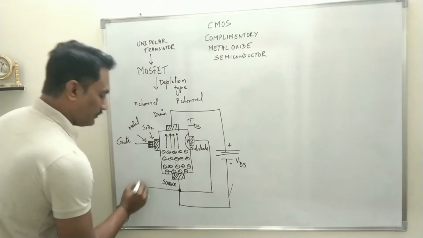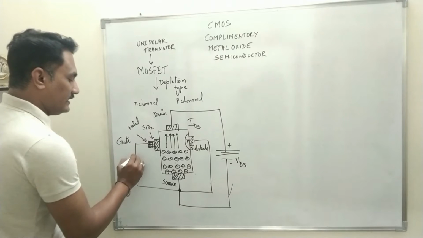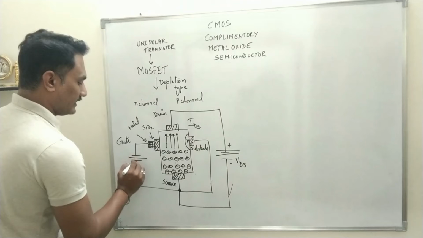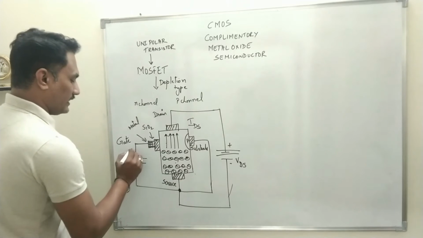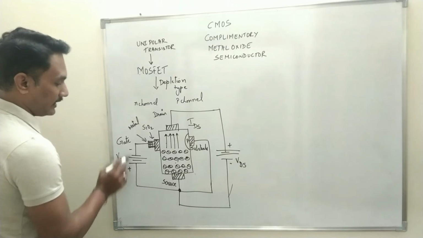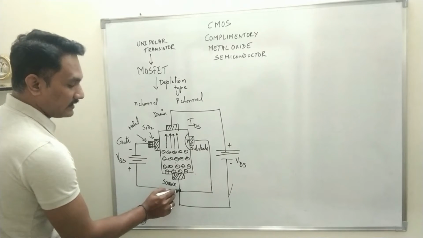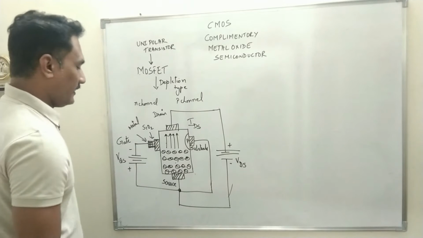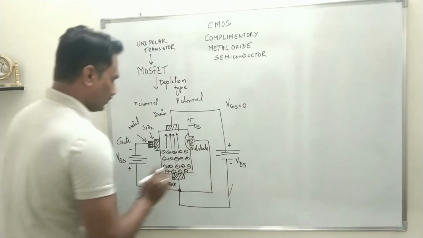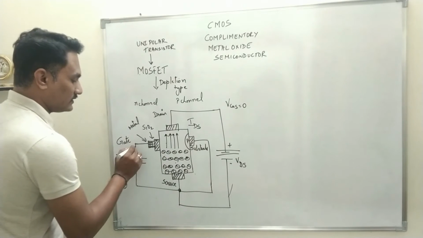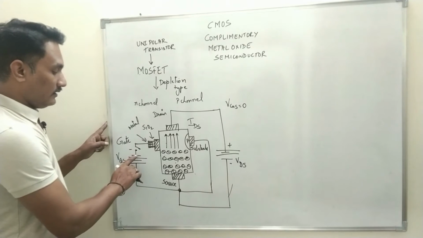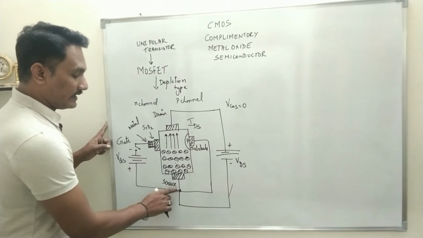Okay, so between source and drain, initially, if it is an N channel, I will connect negative to the gate terminal. So negative, positive, and this potential is called VGS because we have applied this potential between the gate and source terminals. Initially, say when VGS equals 0, that means the switch is open. Let's say we keep the switch open, that means no polarity is connected between gate and source.